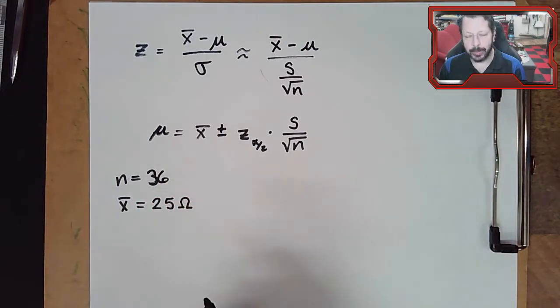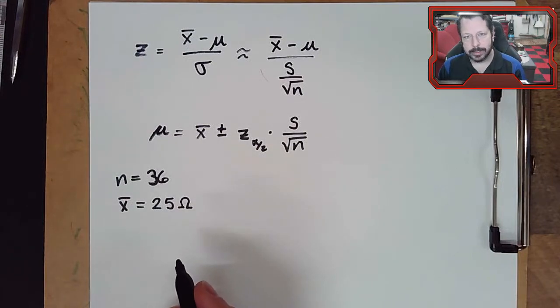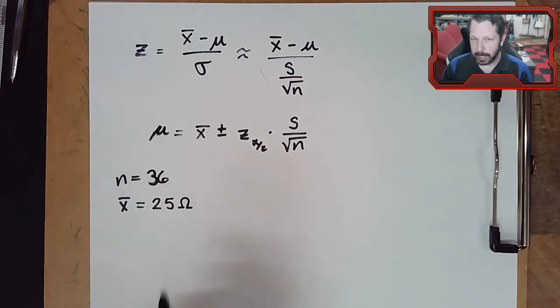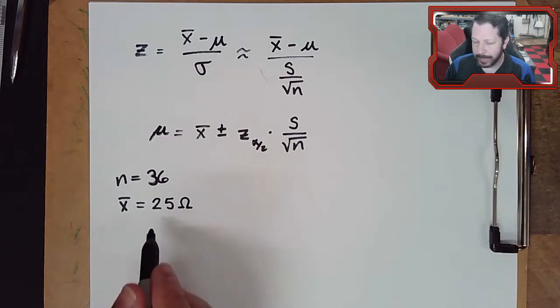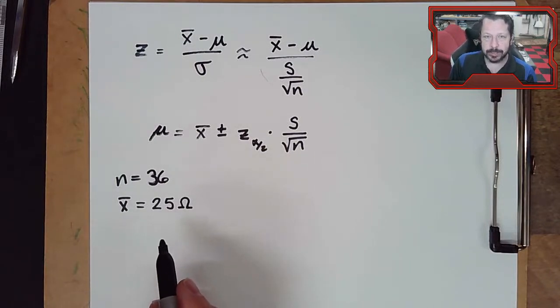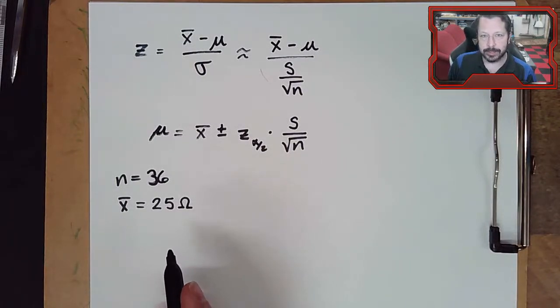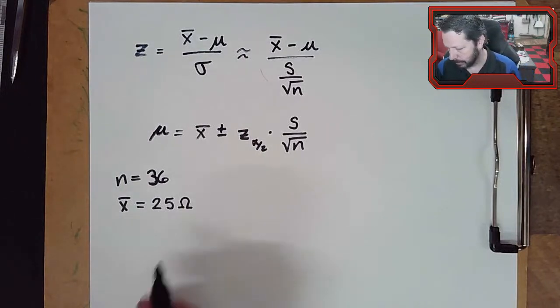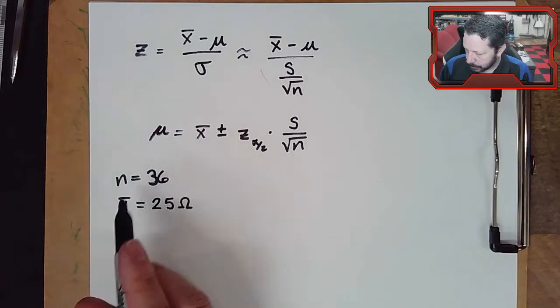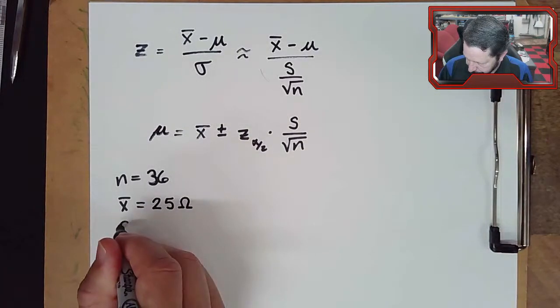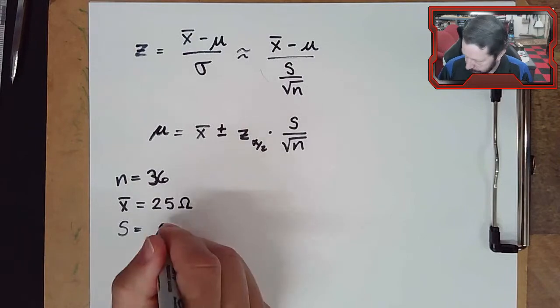So I don't know why 25. It could be any number. If you haven't noticed, there are common values for resistors, and then there are not so common values. You can usually create some of these resistors or buy special ones, but a lot of times resistors come in certain values, and I don't know that 25 is one of those values or not. And our sample standard deviation, S, is going to equal 0.5